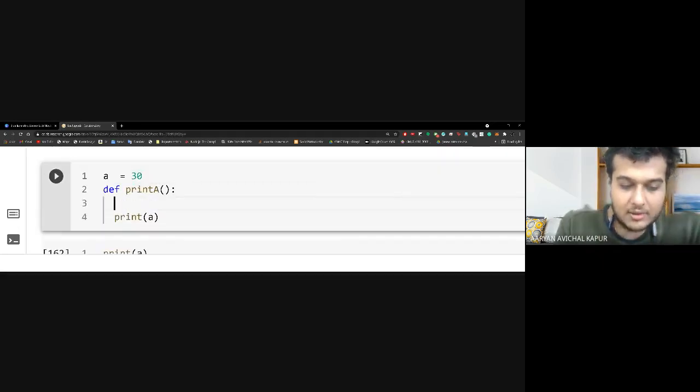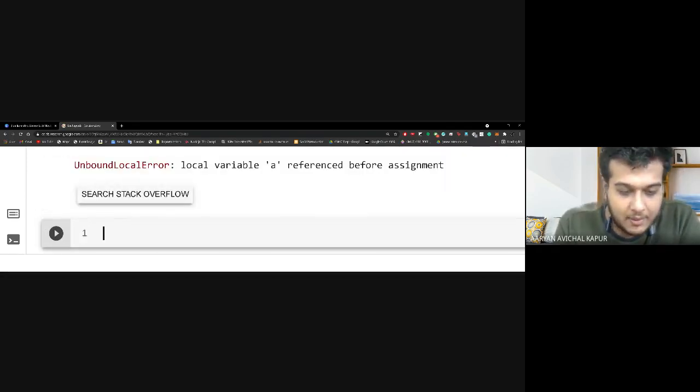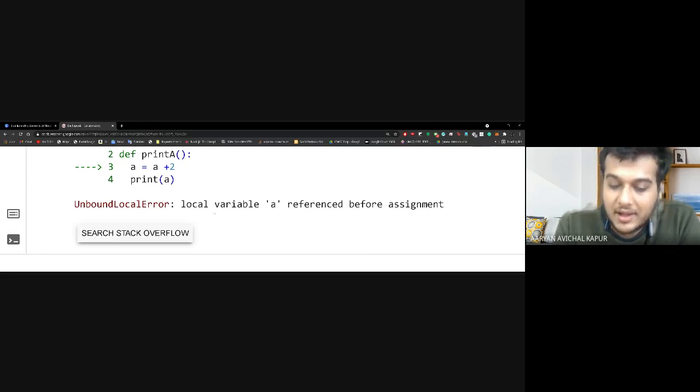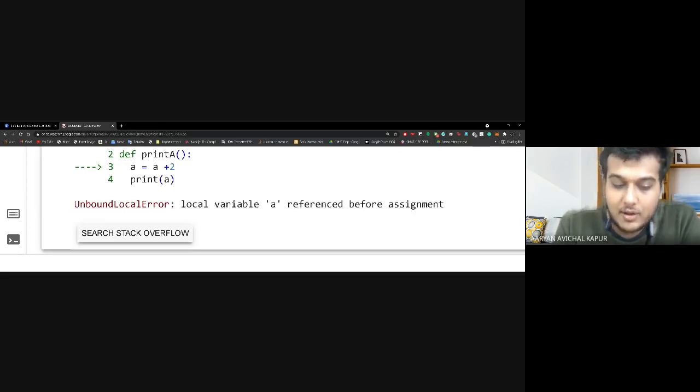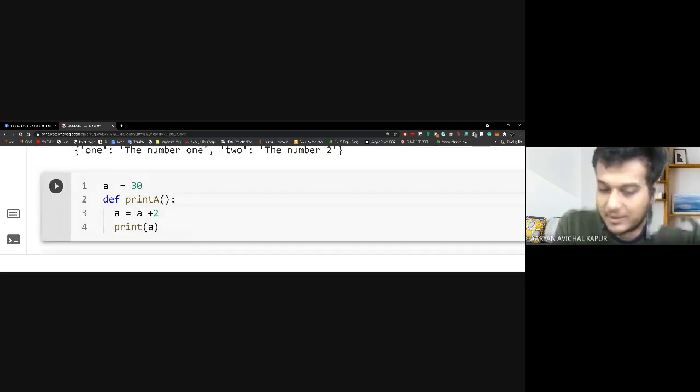And now you can see that I'm using the global variable. Now let's say that I add a is equal to a plus 2. So this should give me 32 when I run the function print a. But it gives me an error because the local variable a is referenced before assignment. It's a local variable that is not equal to the global a. That is why it is giving me an error.